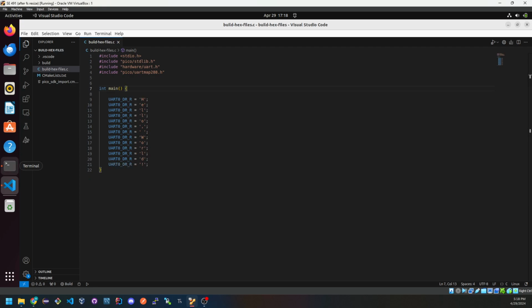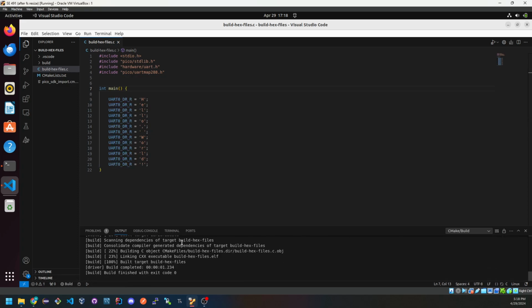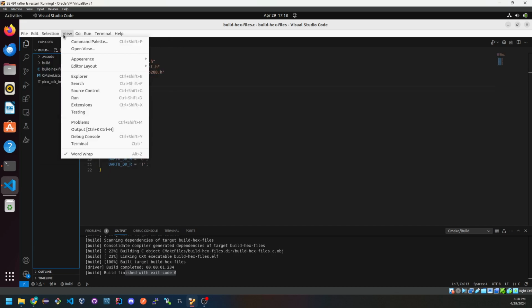So, now that this is done, we can go ahead and select the build button in the bottom left. You will see in the terminal that everything will be built and you will get a finish with execute 0 if successful. This is different on my end as I have already developed this before. You may see a panel up at the top